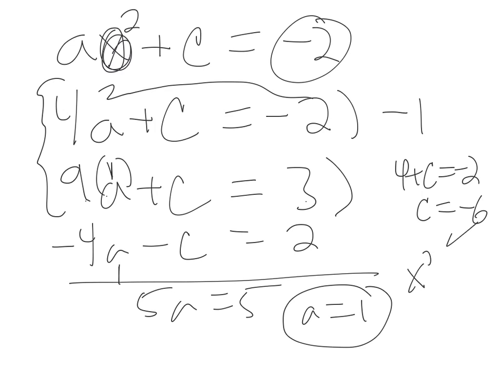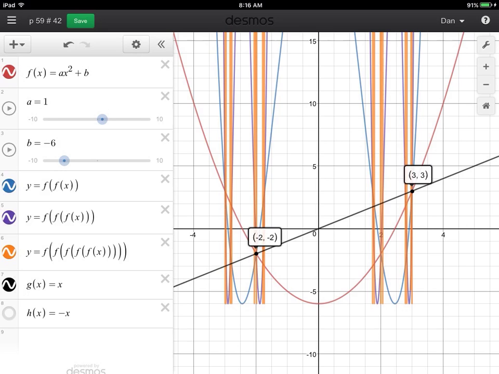So I'm thinking 1x squared minus 6 has those fixed points when x equals -2 and when x equals 3. Let's go look at my Desmos graph and see. I used Desmos to graph x squared minus 6, and lo and behold, there it works. So it checks. One thing I was just looking at is that maybe people aren't convinced that these are the points where all these composite functions intersect. I'm hoping I can convince you. I could turn them off one by one and do that, but